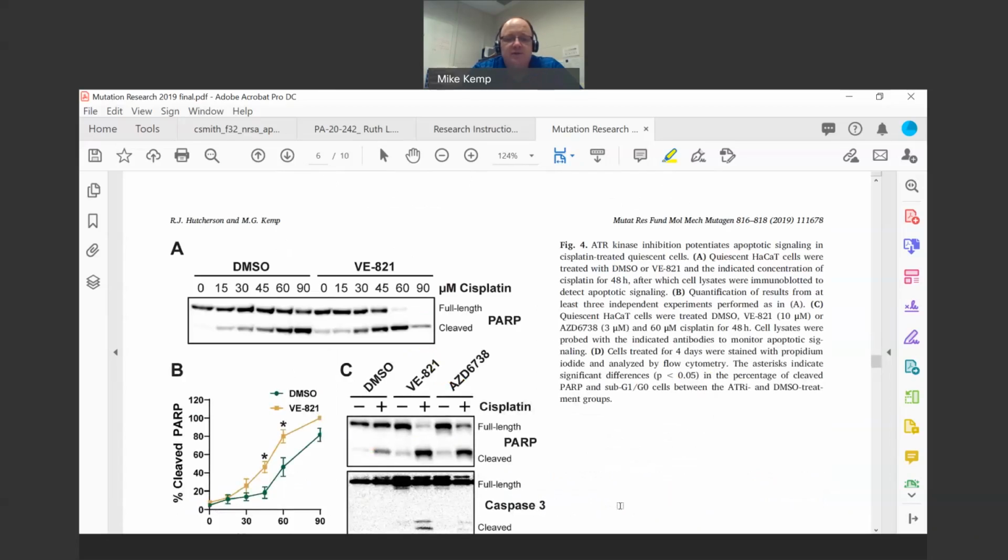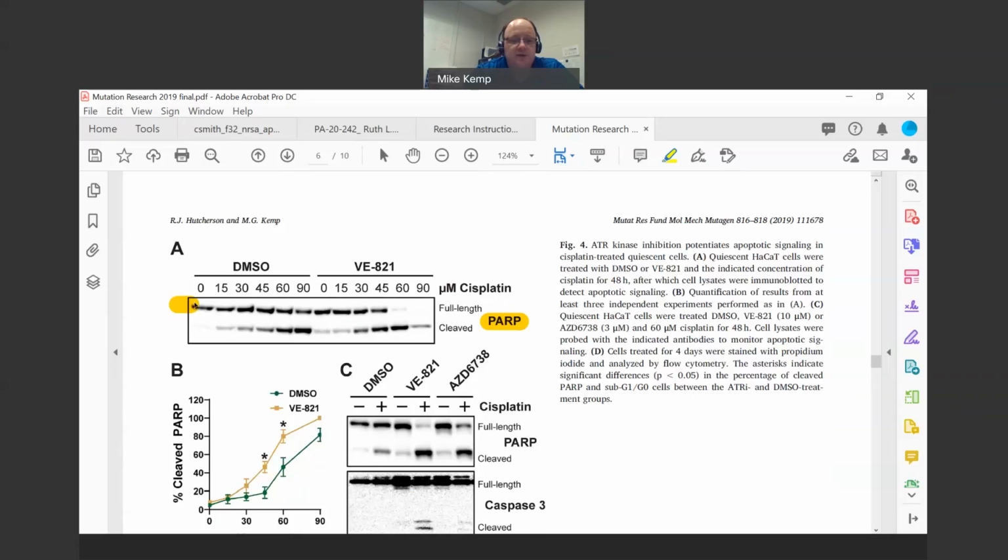Now, consistent with the idea that there's reduced survival in cells treated with the ATR inhibitor, we next looked at apoptotic signaling. Apoptosis is one of the ways cells can die, a very common way cells die after DNA damage. So what we did is look at cleavage of a protein known as PARP. This is a downstream target of the apoptotic caspase enzymes, and it can be looked at using an antibody against PARP. We can detect both the full-length protein, which is, I believe, 110 kilodaltons, and a cleaved form that migrates a little faster, that's smaller in size.